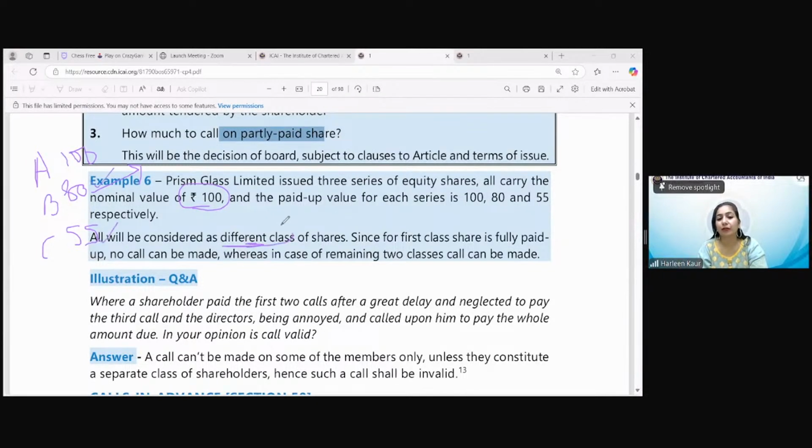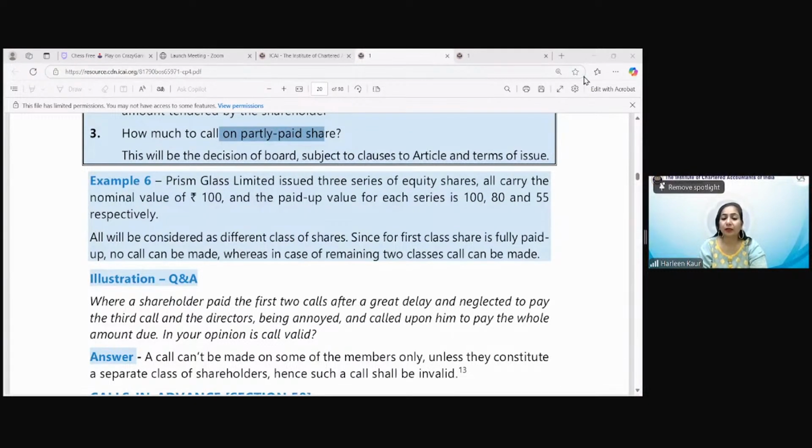So all of them are from different classes of shareholders, because uniform means for the same class. Here category A has already been fully paid up, so you can only call the balance amount. You cannot say that no, we will not ask B to pay more money, we will only ask C. You have to treat all the shareholders equally. Is it clear? Section 49 is simple, we are just talking about equality and uniformity and nothing else.